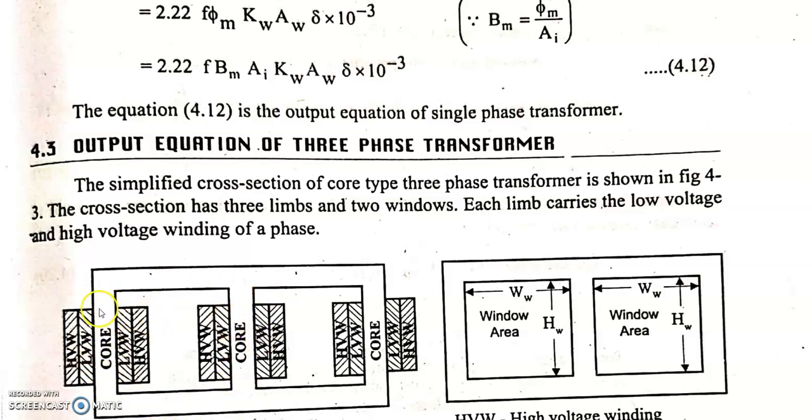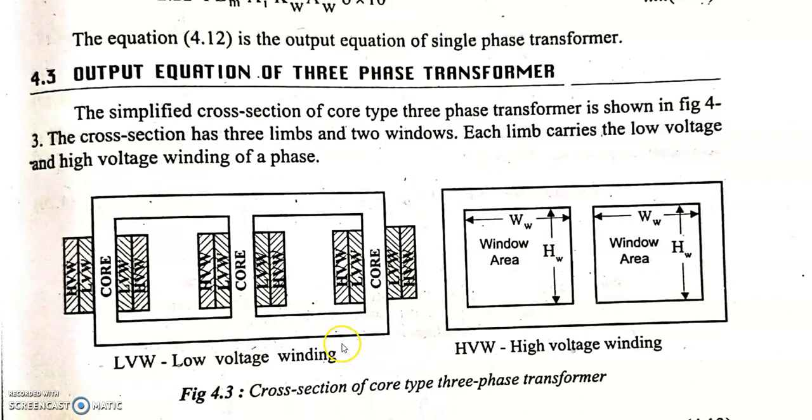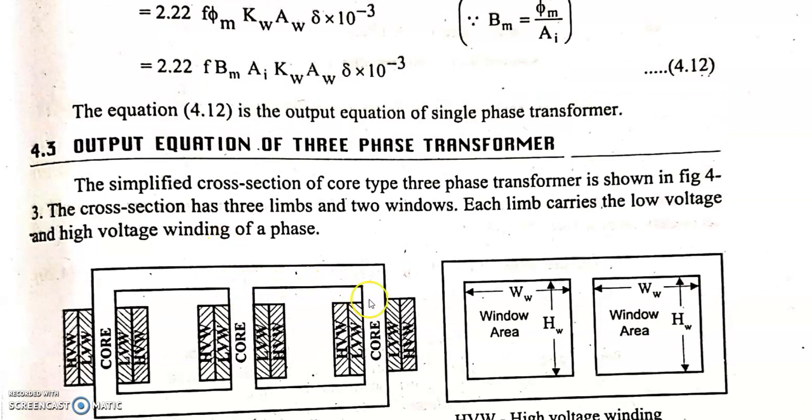Now construction wise, we can see how this single phase transformer can be converted into a three phase transformer. It is very simple. We add one more limb, so that it now has three core limb sections. In each core limb section we will have the winding, and the windings are made with a phase displacement of 120 degrees between each other, so that it gives a three phase transformer. It may be R phase, Y phase and B phase, or A phase, B phase and C phase. So now it is a three phase transformer. Simply we are adding one more window with one leg.